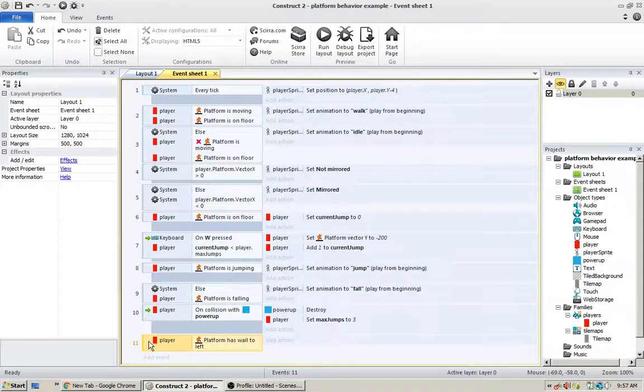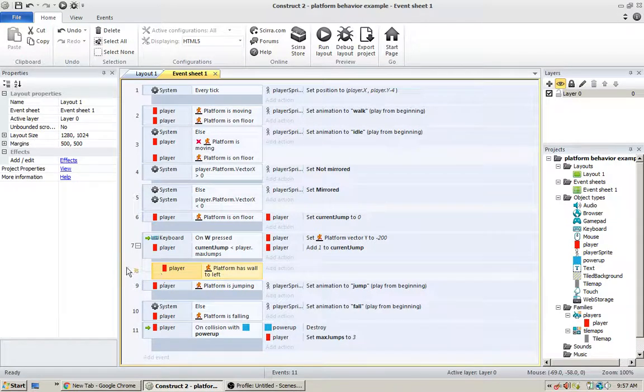Maybe we should put it into the jump condition or action, because we want it to activate when we're jumping. So maybe I could drag it in there. That way, if the player can jump and the player's next to a wall, actually,